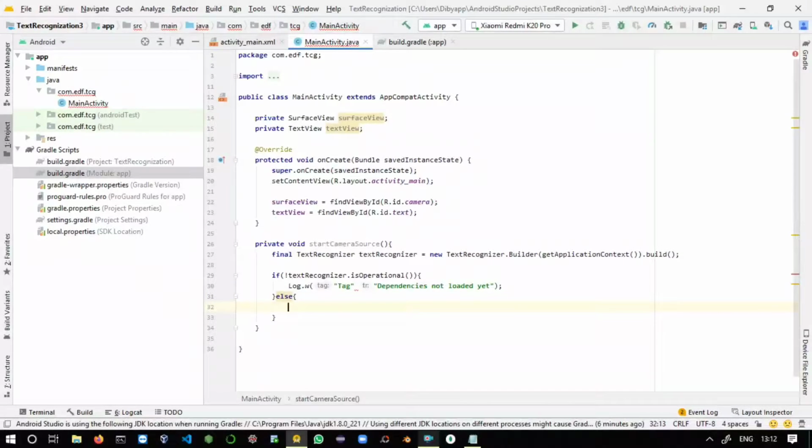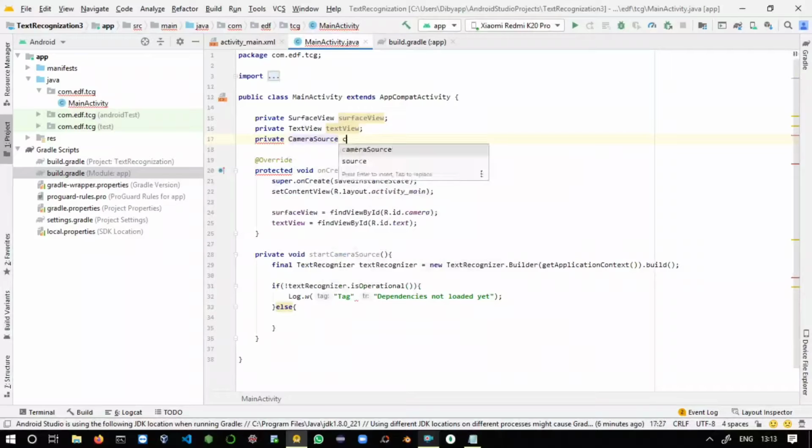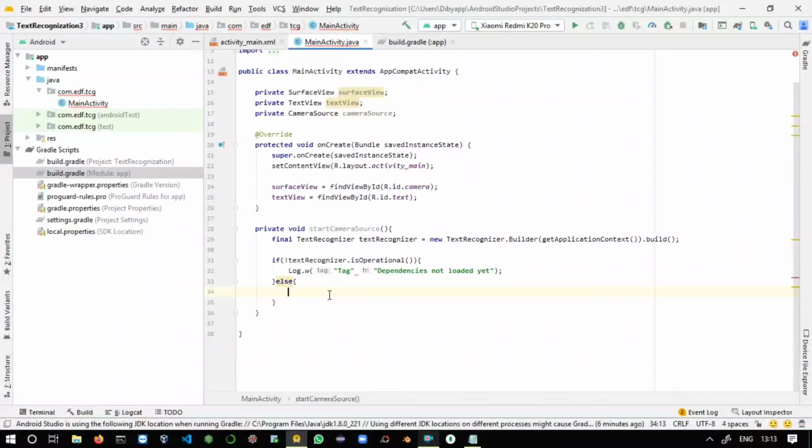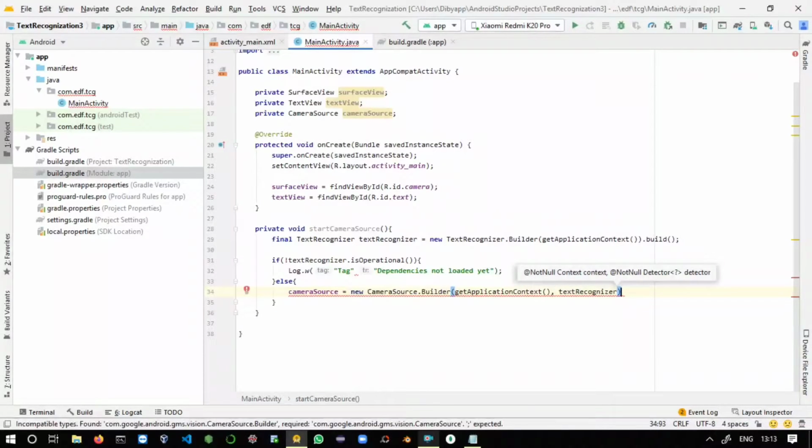Just say else here. Before that we will take another one, private CameraSource cameraSource. Inside the else block you can initialize cameraSource equals new CameraSource.Builder, getApplicationContext, textRecognizer.